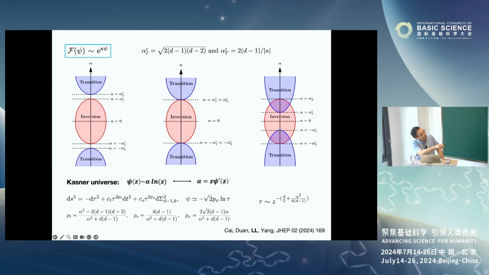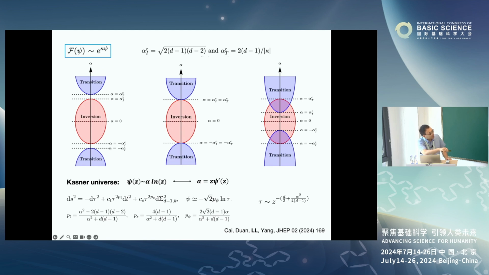So if alpha tc is larger than alpha RC, that means in this regime we have the Cartesian transition. In this regime we have the inversion. There is a gap between each other. Okay, and the second case, if these two values are equal to each other, there is no gap. And the third case, if we have the overlap between these two behaviors, this I just remind you.